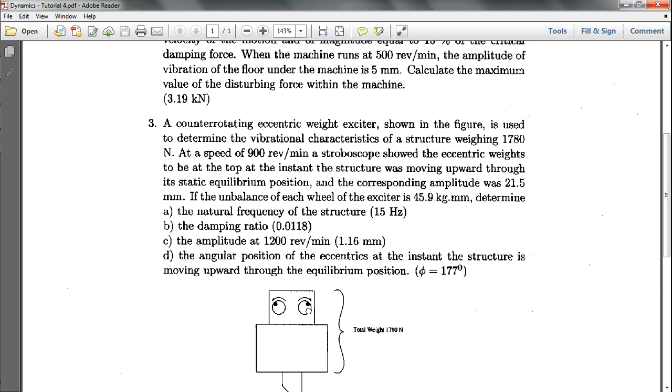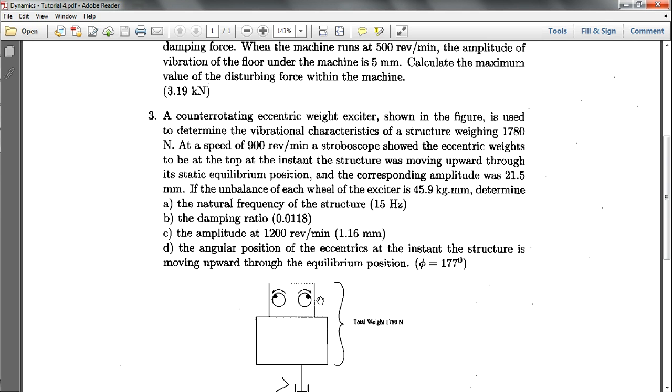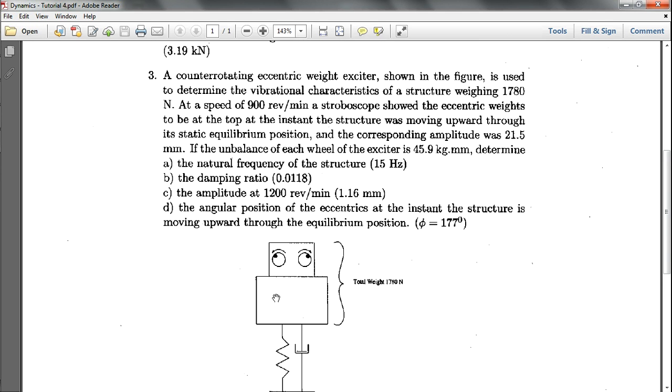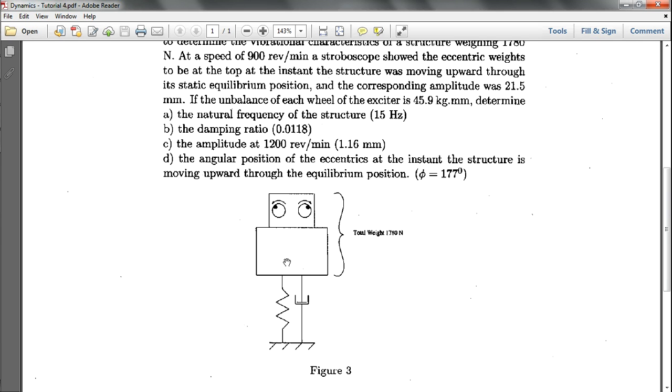So where is the top? Is this the eccentric weight, the black colored one, or is this holding the eccentric weight? I have no idea. And then moving upward: it says that this whole mass is moving upward. So when it's moving upwards, the weight itself is at the top. I can't think of any meaning to squeeze out to explain this, but nonetheless, there is a meaning. There is only one explanation,